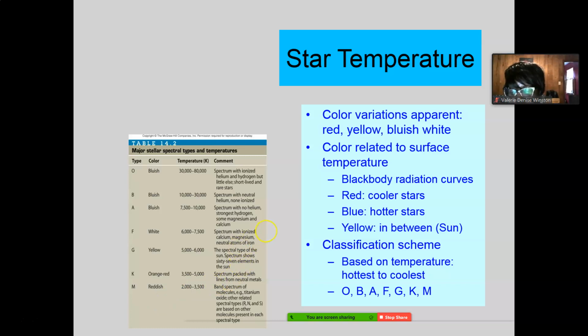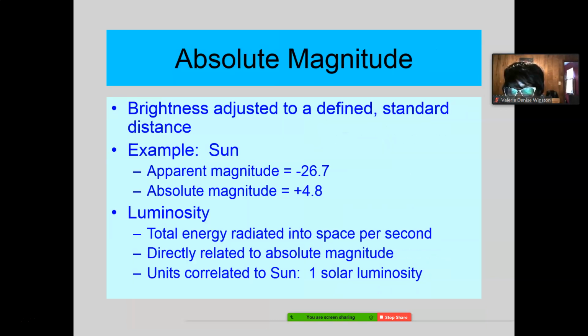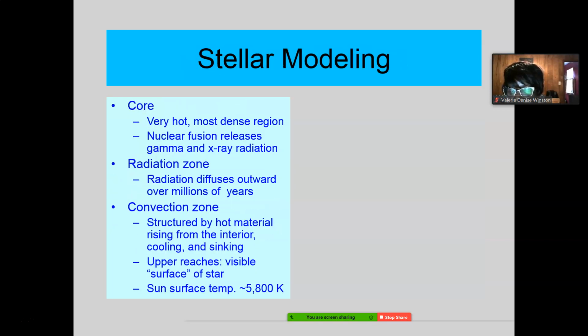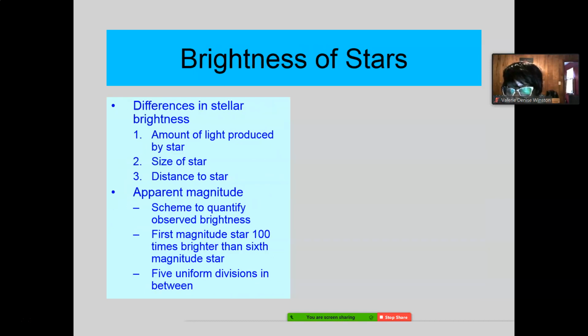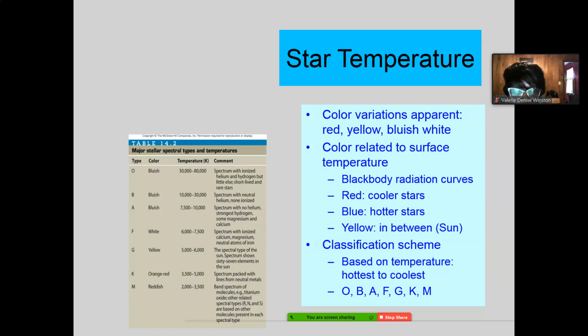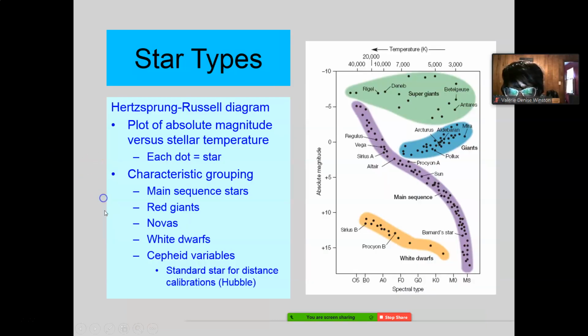Then the K stars are your orange-red stars, and those are 3,500 to 5,000 K. You don't need to know these temperatures or anything. Know that we're a G, and just to remind ourselves, our temperature is, what's your temperature? About 5,800 K. Well, that's what I remember. Almost at the edge of the yellow range, but 5,800 K. Okay? So don't try to memorize anything in this. You don't need it. Just know that we're yellow in the middle, G.